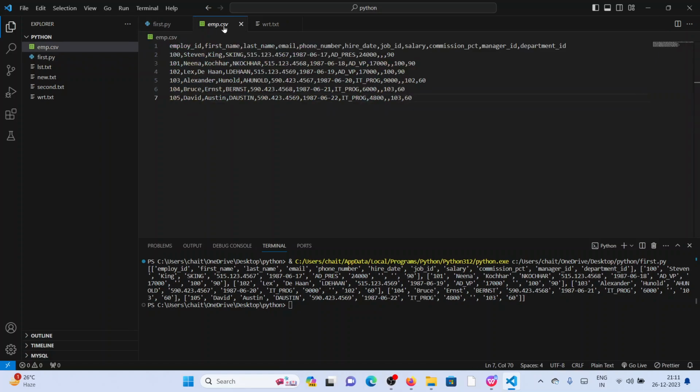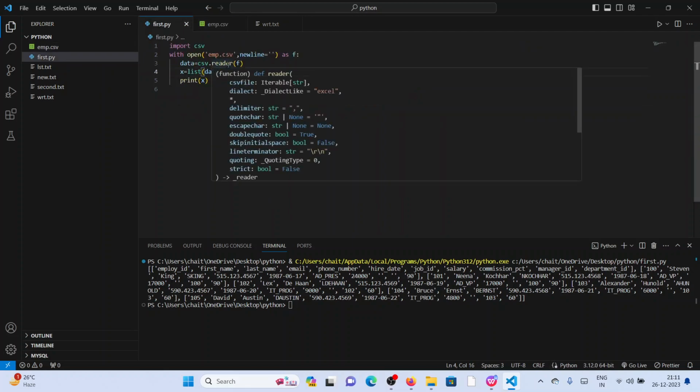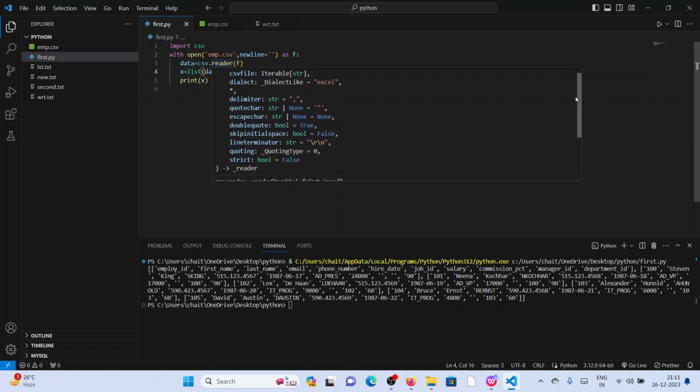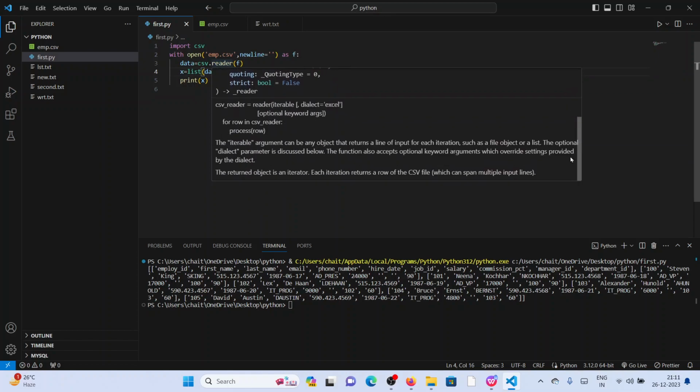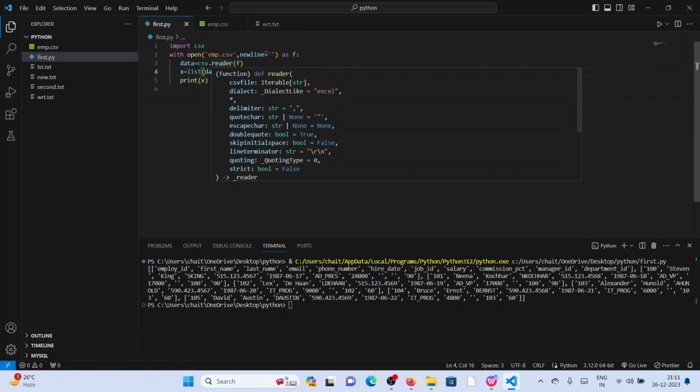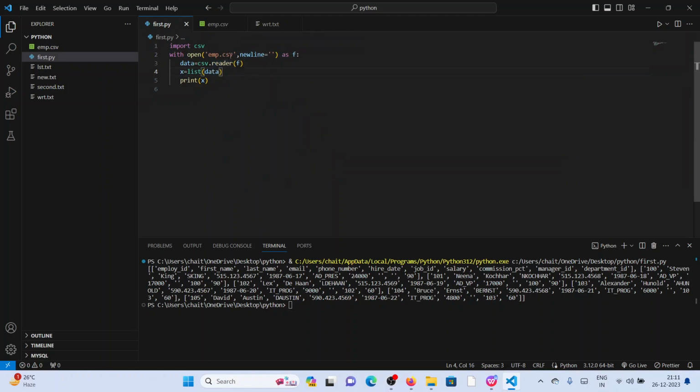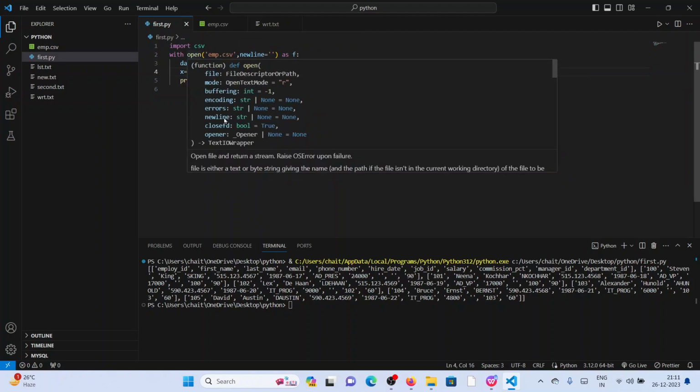Check the CSV, it doesn't matter, comma separated values here. Your reader function is there. See, your reader function reads the file from the CSV reader. Okay, the return object is an iterator, right? And newline is here in open. Newline, string none equal none. Newline is nothing but,